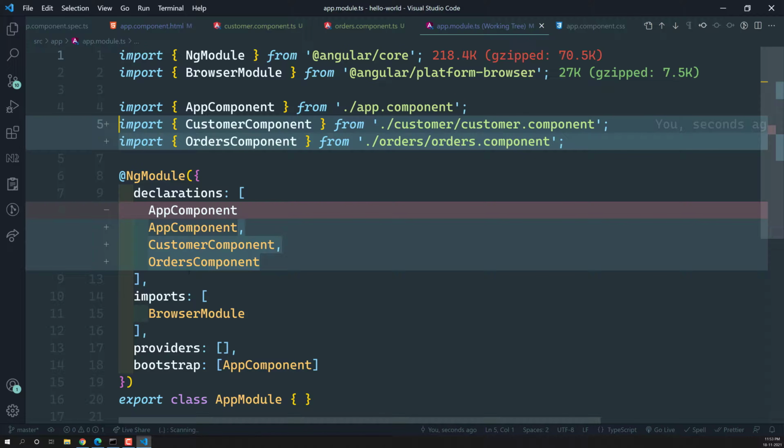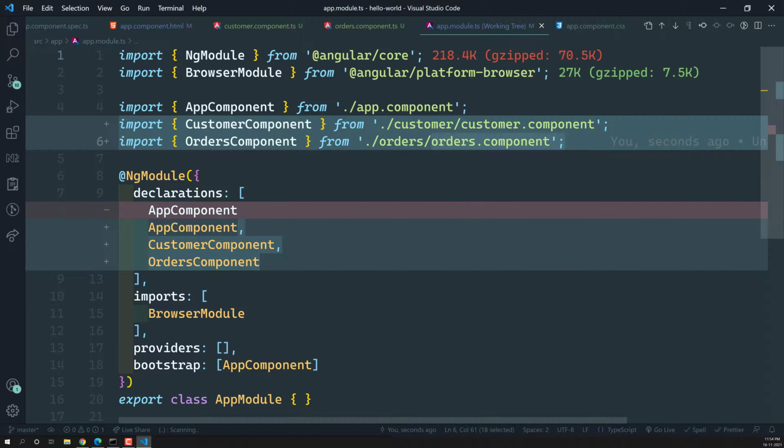Whatever components we have created, that is the customer component and the orders component, these two components have been added in the app.module.ts file. Why have these components been added? Because the Angular application somehow has to know what components are created and what components are going to be used in this application. Creating just the folder directly is not sufficient, right? Angular has to know about the component so that we can use it wherever we want in the application. The file where we write that is the app.module.ts.